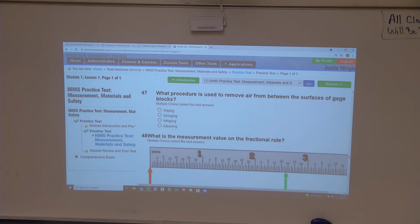So, okay. I was wondering if I could just, I don't know if I turned mine in or not, but if I did, can I get it back so I can use the bottom tab? I'll check my